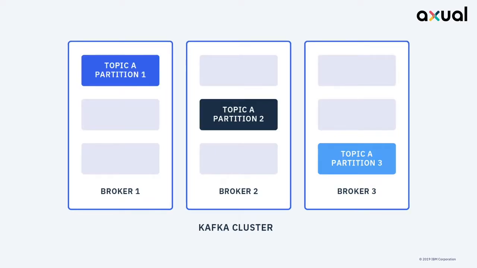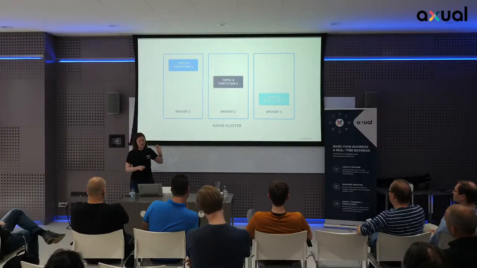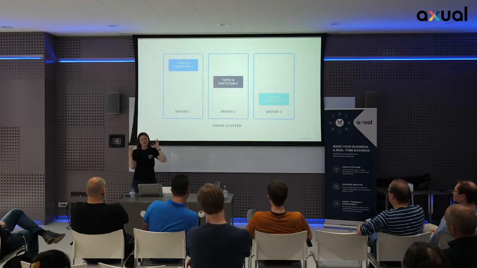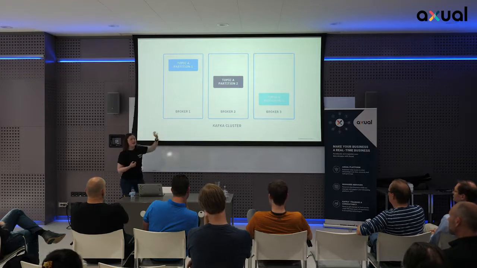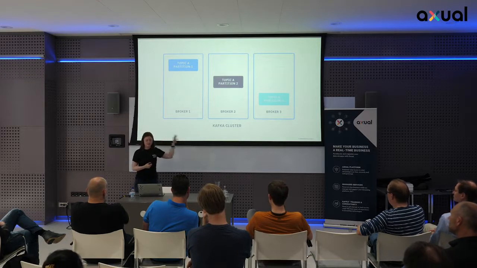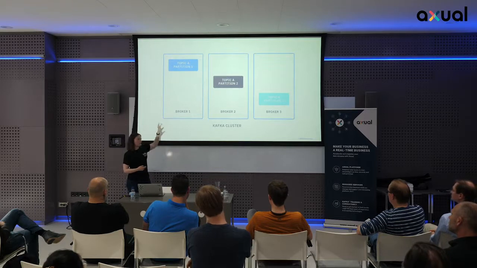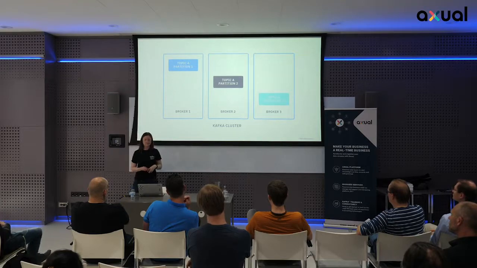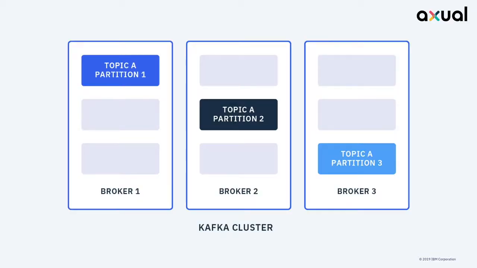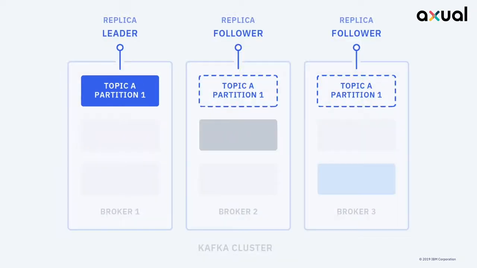So within our cluster, we then have our topics, which are split by partition. So we have the partitions separated over the different brokers, and of course this is for scaling. This is to make sure that you can have different applications putting onto different partitions. So rather than having all of your events for topic A coming to this one broker, it wants to be spread across the different brokers. So this is something we're going to have to think about how we enable as we move across to Kubernetes.